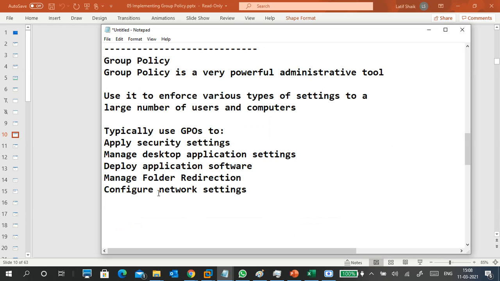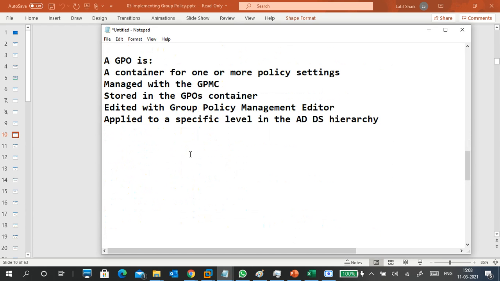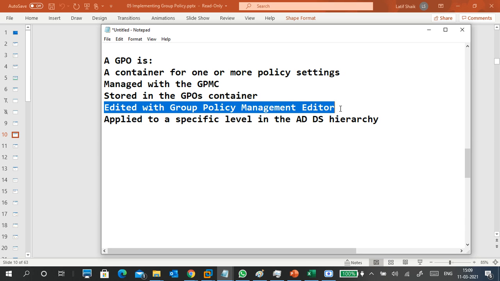You have a PPT, guys, but studying everything from the PPT is also difficult, so I'm trying to make it easier. Last time they asked a question: where is the group policy, where is it located? We can manage the group policy with the Group Policy Management Console. It's stored in a GPO container, inside the system. Actually Windows System32, the group policy container is there. The group policy folder is there. Edit with the Group Policy Management Editor.